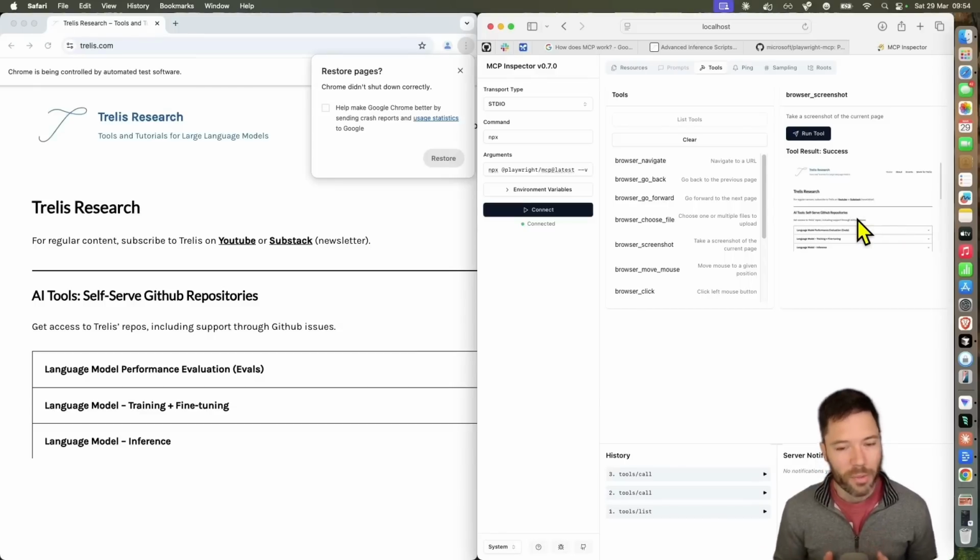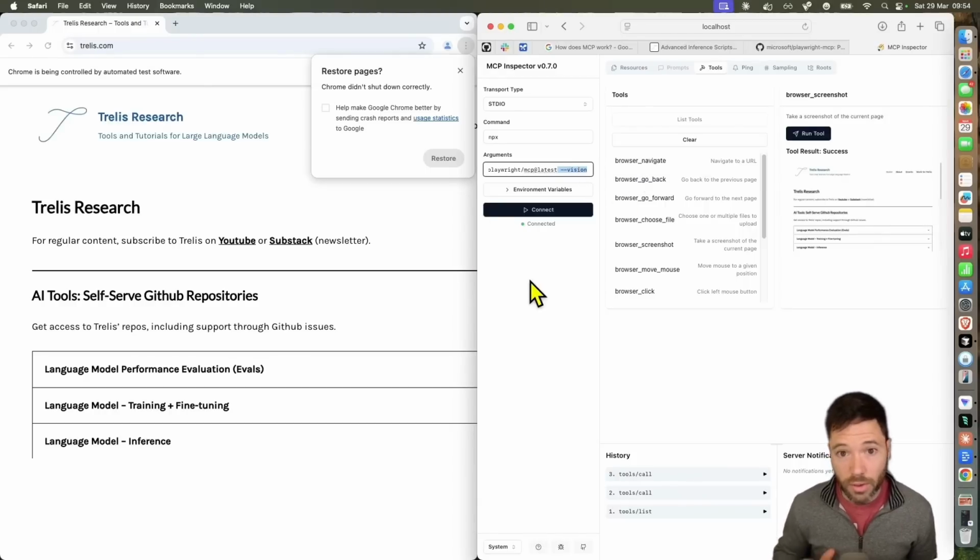Now, something to know about browser tools is that generally using vision features with LLMs is very imperfect. And this is something that the big labs are interested in with computer use, but it's quite challenging to have a robust pipeline and to have a robust agent that just uses XY pixels and uses vision to navigate. So if you want to navigate, using the accessibility graph can be very effective. And that's why I like running this MCP without the vision tag, so that it relies solely on the structured